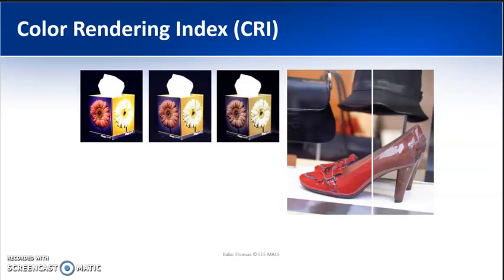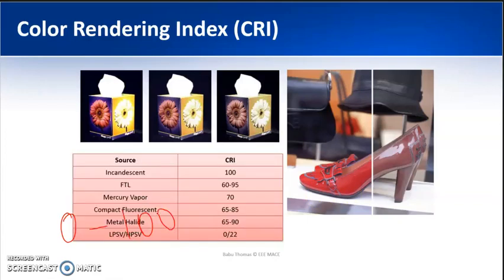The shop will be highly illuminated, and that is just to say that it is going to produce the same color of the object under that particular light source. So it will be varying on a scale of 0 to 100. Sunlight has a color rendering index of 100, and a sodium vapor lamp has the least color rendering index, which is not able to produce the correct color of the object. So this is just indicating the color rendering indexes of each kind of source.